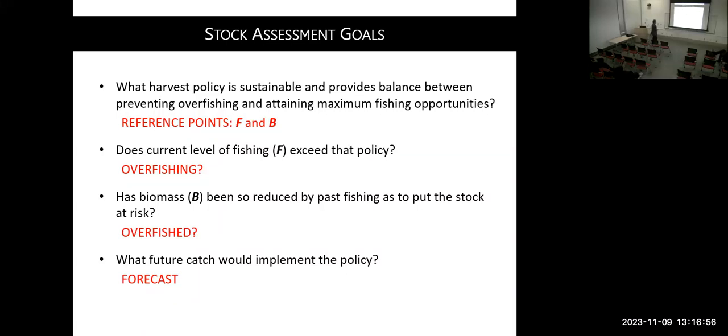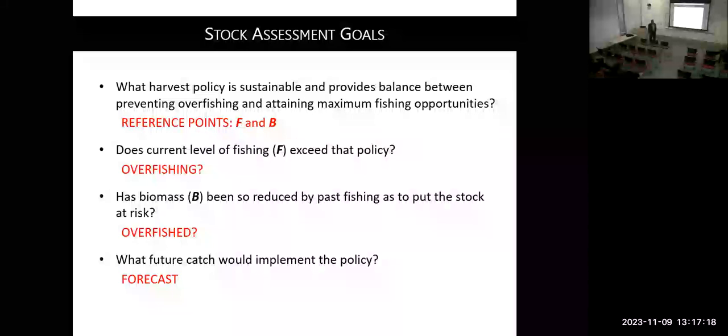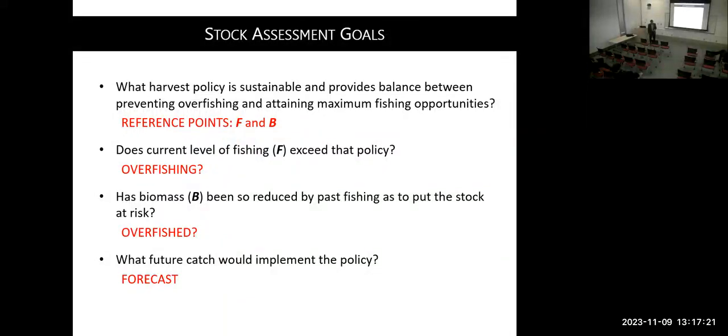And then the second one, based on that, you're going to figure out when you define overfishing occurred, when you think that fishing mortality is too high to declare overfishing occurred. And then you have a biomass problem. You're going to decide when you think that biomass is too low to sustain the population, right? If it's too low, then we declare the population is overfished. That means it's too low, right? So those two things are really important in federally managed fisheries.